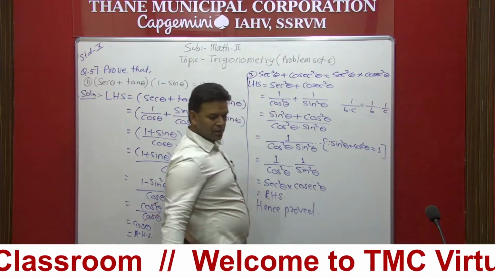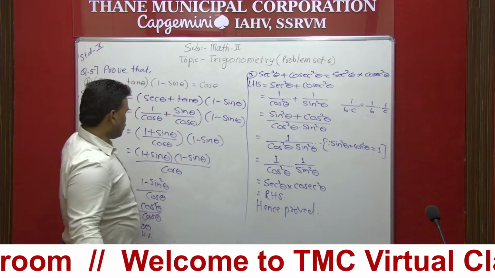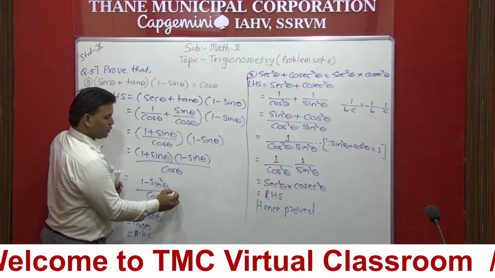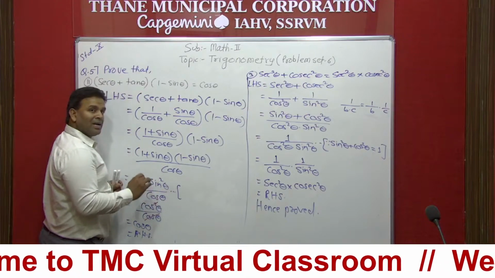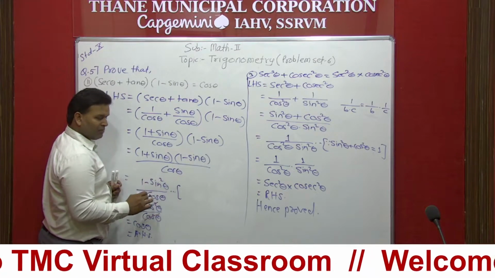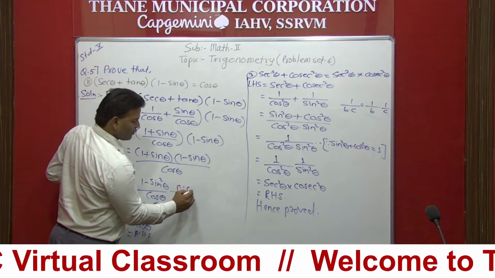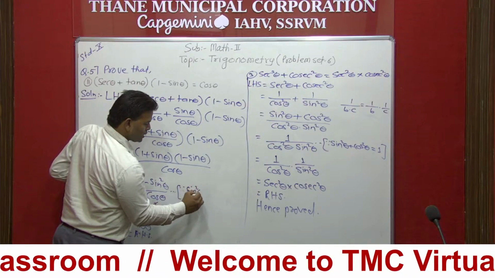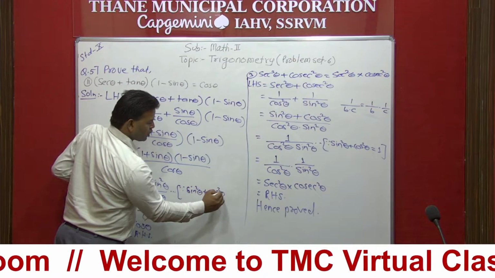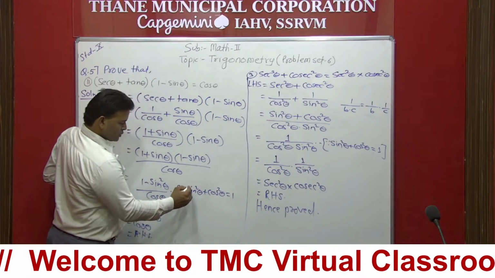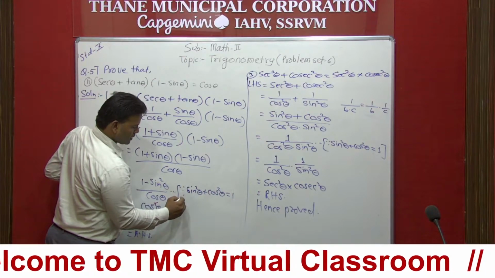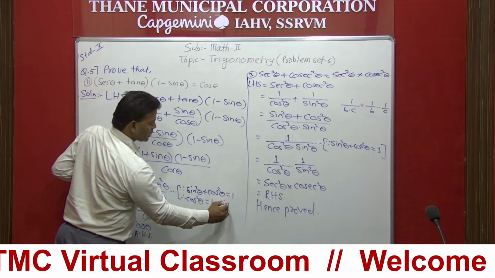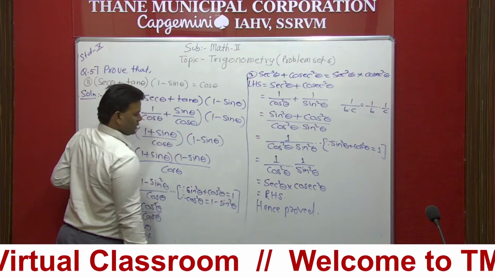right hand side. Okay student, here I have forgotten to write down the identity. It is very important to write down. Without the identity you are going to lose half a mark. So it is very important. So here I am writing sin square theta plus cos square theta is equal to 1. So I will take this one to the side. What happened here? Therefore cos square theta equals 1 minus sin square theta.